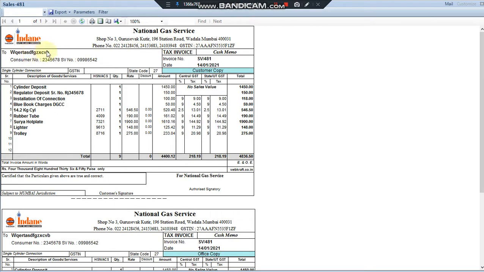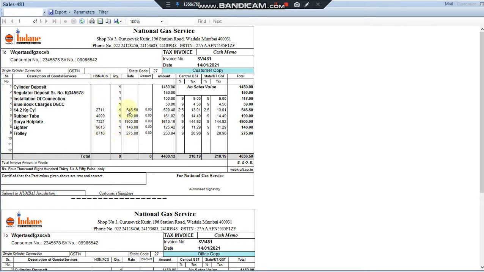You have the name of the customer, consumer number, SV number, cash memo number, the date, all the items appearing one after another. The HSN number will appear in this column, provided you put those HSN numbers in the item master.